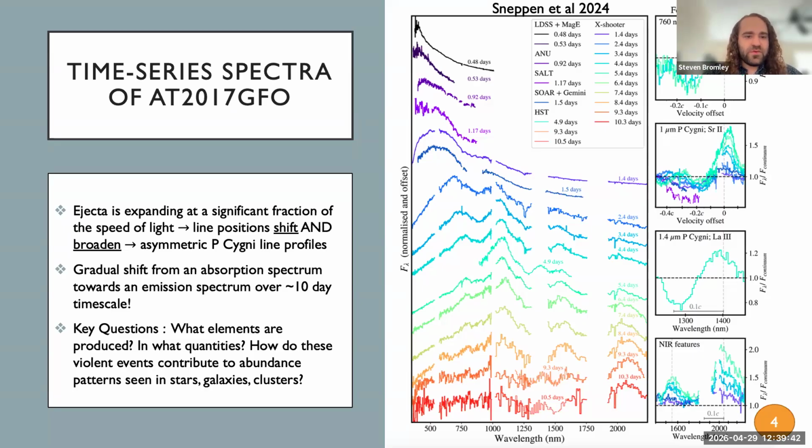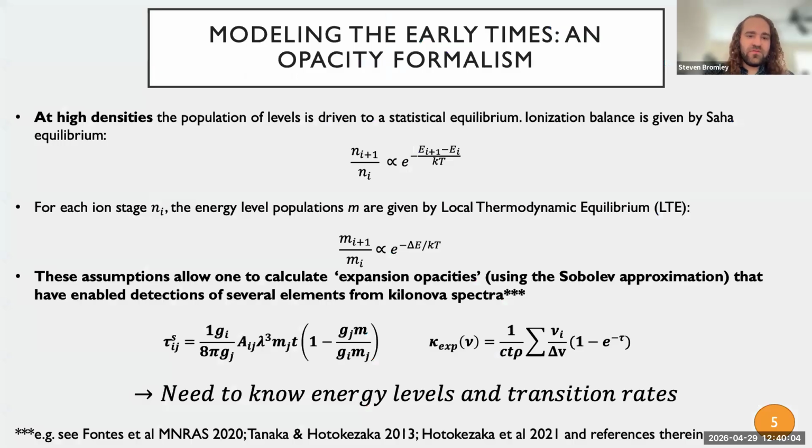And so, if I was an astronomer and I wanted to model these, you would probably adopt an expansion opacity formalism. And at this stage, now we start to dig a little bit more into the atomic physics involved. And thankfully, early on, the ejecta is quite dense. And so there's a couple assumptions we can make to really make our lives as modelers easier. And so at very high densities, we could assume that the plasma is described by Saha equilibrium. So our ion fractions here, n, are given by a Boltzmann factor containing our ionization potential and a characteristic temperature.